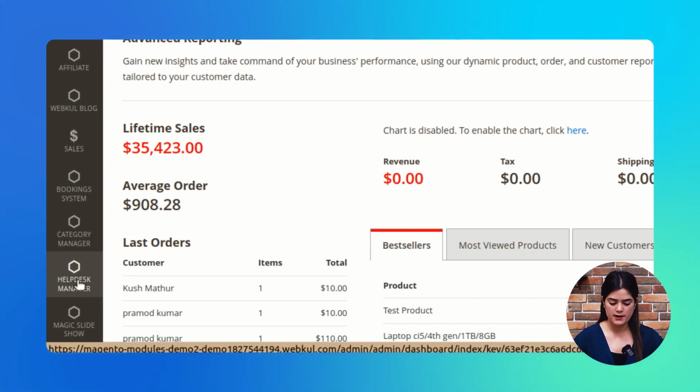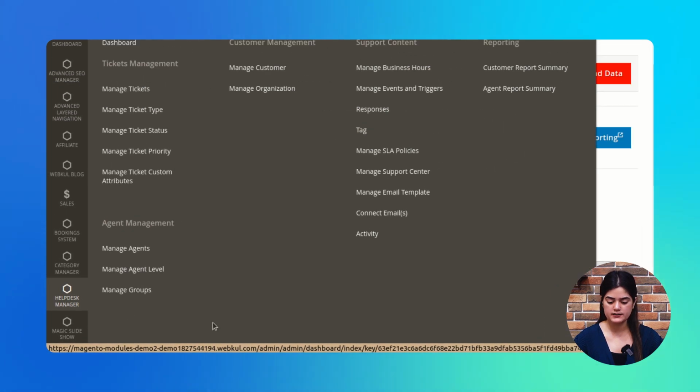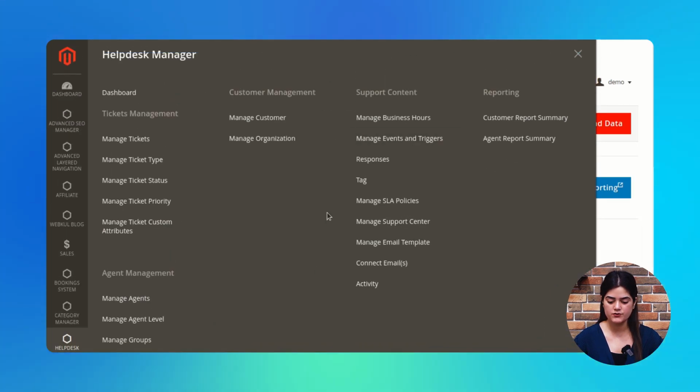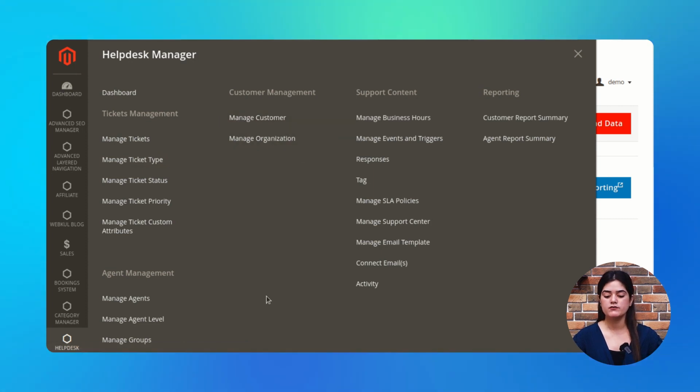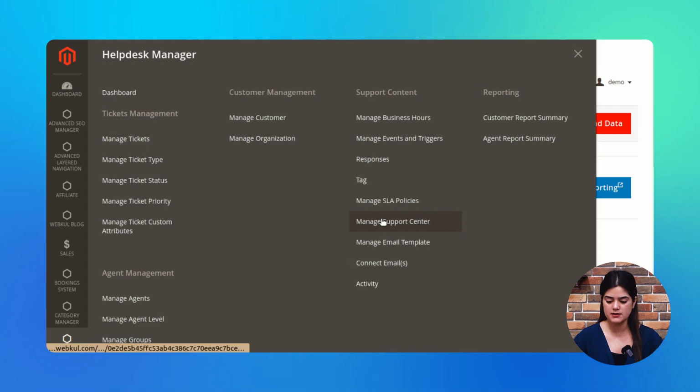You just need to tap over that particular option and accordingly a window will come up where you will get the complete configuration setting options. As we have covered these sections like ticket management, agent management and customer management in our previous video, here we will be having a discussion regarding the further configuration sections like support content and reporting.